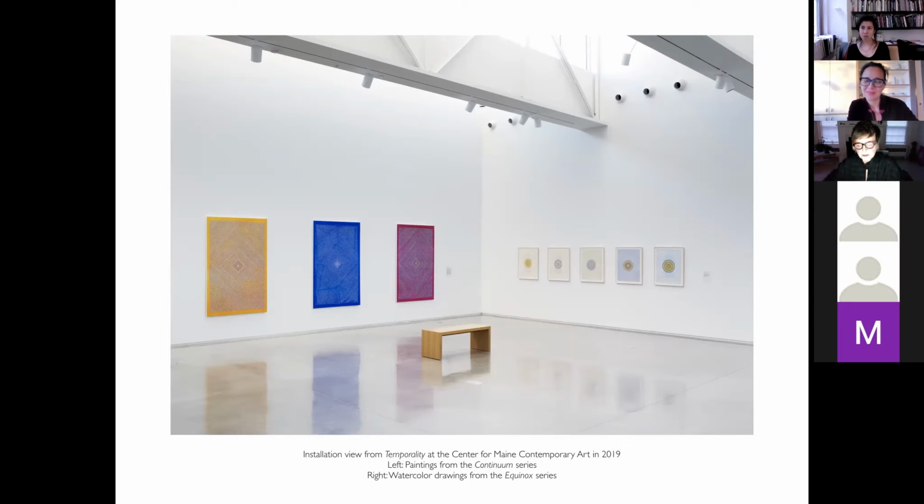And so when I was talking about the Navajo weavings earlier, these paintings really relate to those images. And this series, which is called the Continuum series, there's probably about 30 paintings in it. They're not all this big. Some are, actually there is one that's even larger, but it's an idea that I worked with for a long time. The show is called Temporality. And so there were 2 ideas here where temporality, time, that the work took me a long time. And I think when you see these in person, you can feel that sense of time that went into it. But also I think that